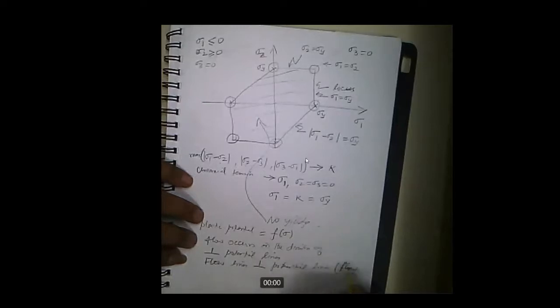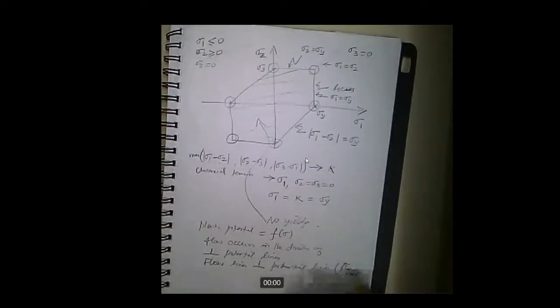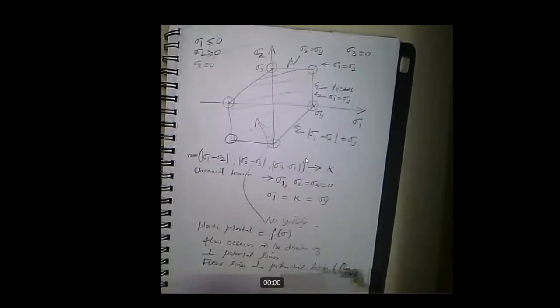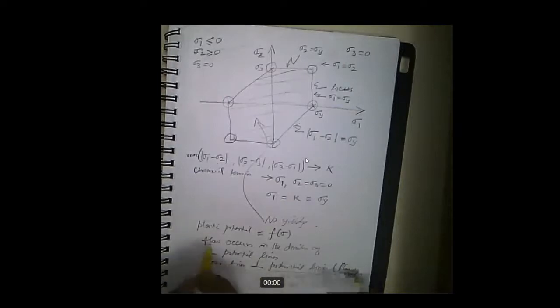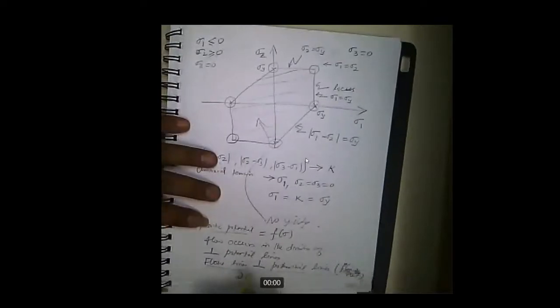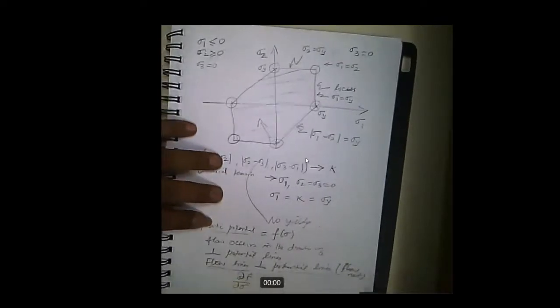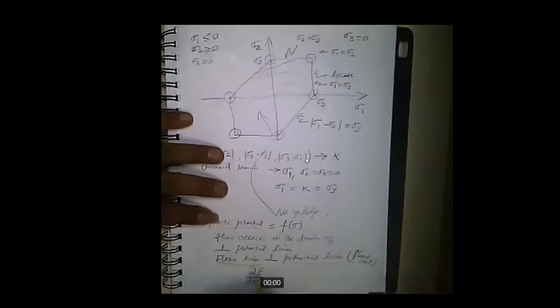You remember this? This comes from the concept of flow net. In a flow net, I draw potential lines and I draw flow lines. Flow lines are always perpendicular to potential lines. If I take the yield to be the plastic potential, then the flow line is perpendicular to the potential line, or in other words, dou F by dou sigma, which is nothing but the normal to the potential F,